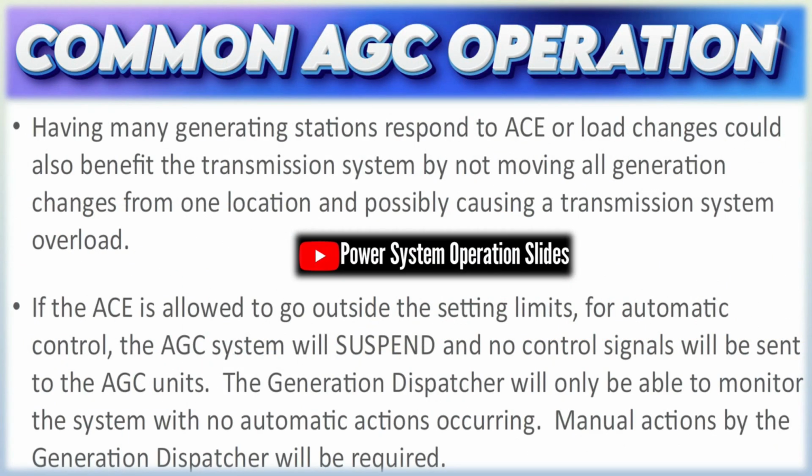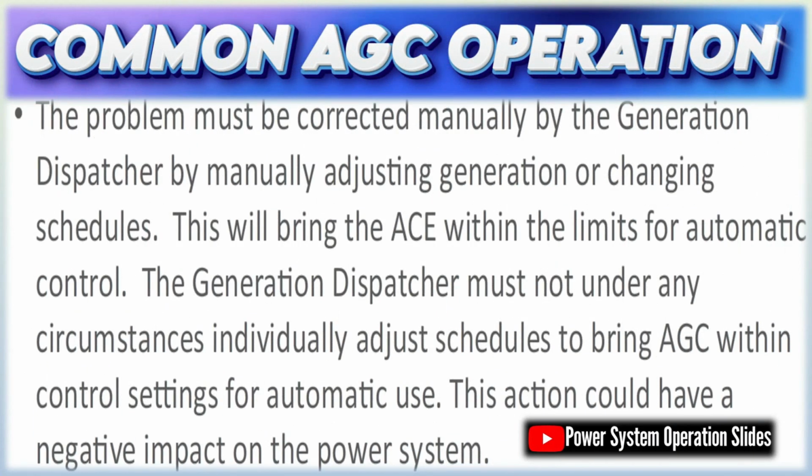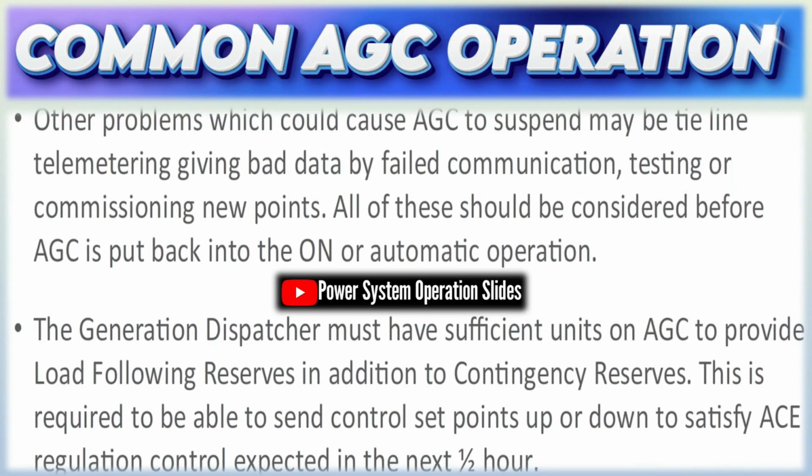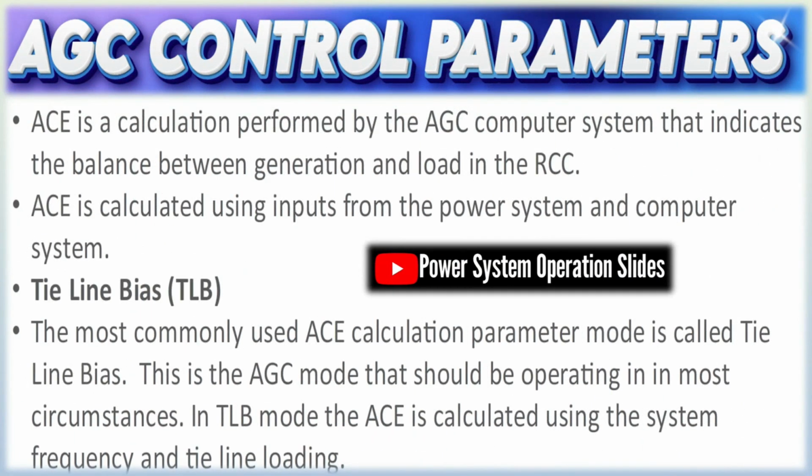ACE's impact on AGC. ACE is central to how AGC operates. Positive ACE indicates that the area is overgenerated or exporting more power than scheduled, along with a possible frequency rise. In response, AGC instructs generators to reduce output. Negative ACE suggests undergeneration or importing more power than planned and a likely frequency drop. AGC then calls for an increase in generation. By continuously making adjustments to drive ACE towards zero, the system effectively balances the load generation difference and stabilizes the overall grid.